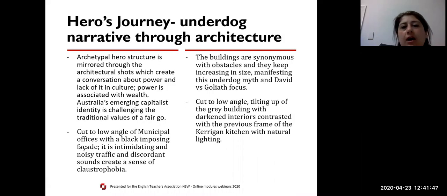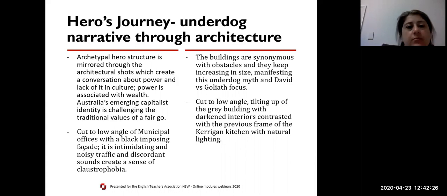And we see that motif coming through very clearly in the architecture in the movie. We see that in the buildings, the way that each time the heroes progress through this story, we're shown a bigger and bigger building to reference that idea of the underdog, but also the hero's journey and obstacles. So the archetypal hero structure of leaving the ordinary world, entering the belly of the beast, overcoming that beast, and then returning home a changed person, with the elixir, in this case, of family and stability,